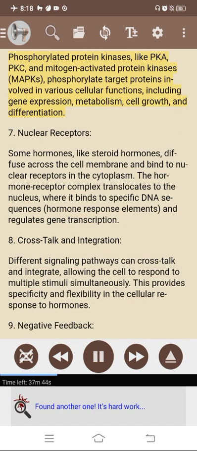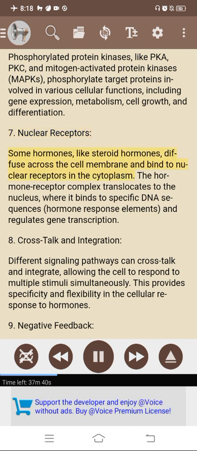Phosphorylated protein kinases, like PKA, PKC, and mitogen-activated protein kinases (MAPKs), phosphorylate target proteins involved in various cellular functions, including gene expression, metabolism, cell growth, and differentiation. 7. Nuclear receptors. Some hormones, like steroid hormones, diffuse across the cell membrane and bind to nuclear receptors in the cytoplasm. The hormone receptor complex translocates to the nucleus, where it binds to specific DNA sequences, hormone response elements, and